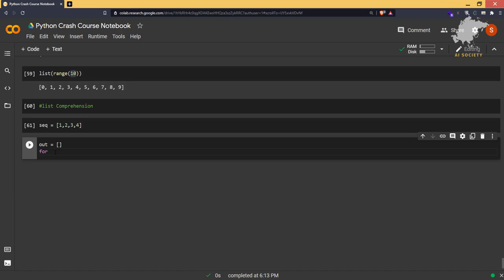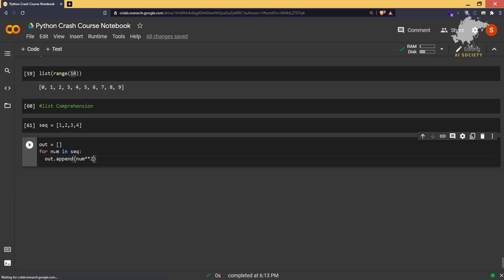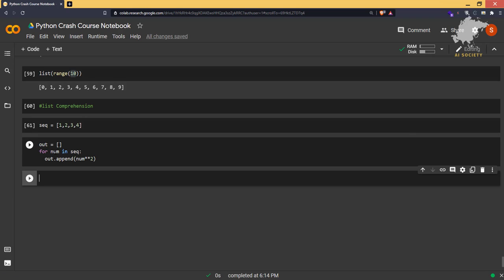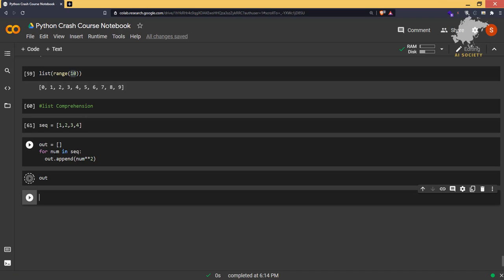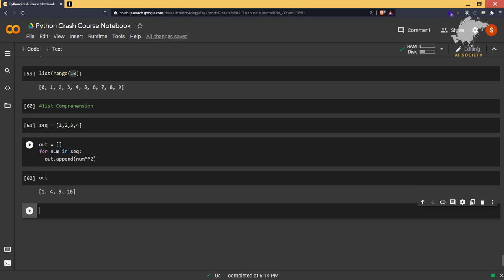I'll say for num in sequence, out.append(num to the power 2). Let's run this code and print out the out here. So we'll be having 1, 4, 9, 16.